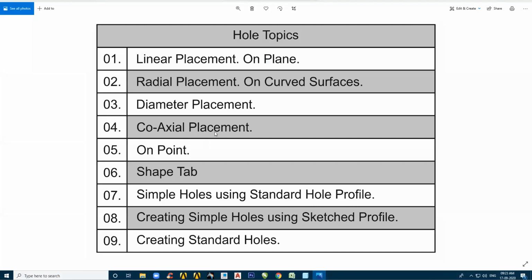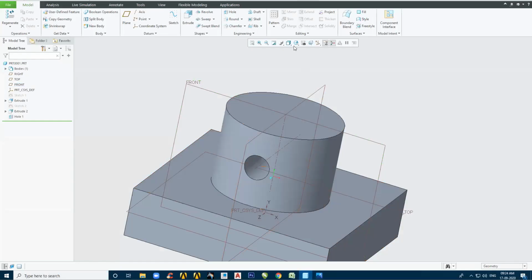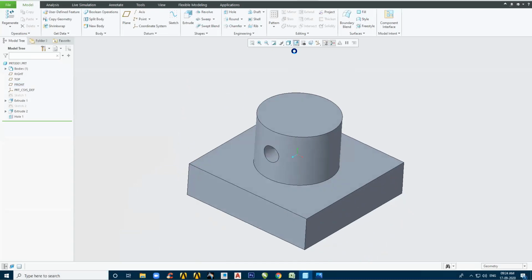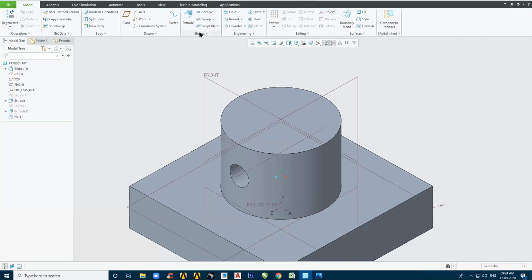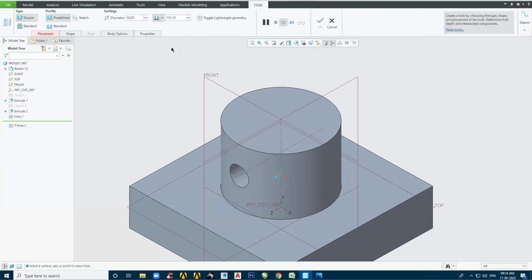I am coming to coaxial placement. It's very simple, guys, and you will love it. See it. I want a hole exactly concentric to this cylinder. So how do I do it? Simple. Hole command. I will click on this axis.